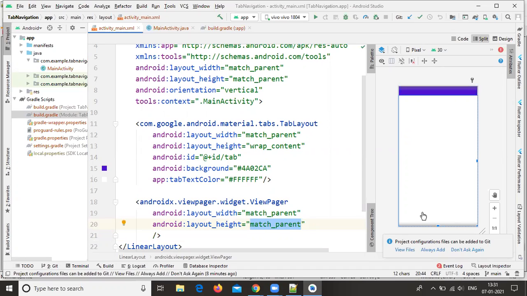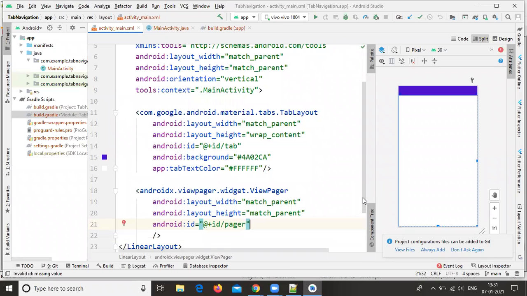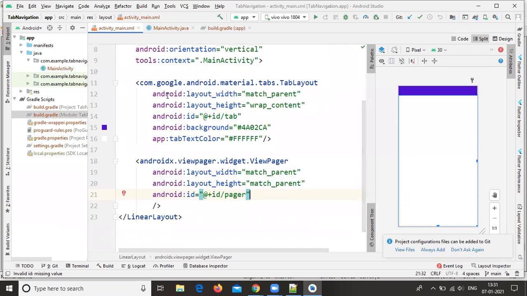Now give the id property, android:id. Here I am writing the id name as pager. These id names are user defined and should be unique. So now my designing part is completed. This is the designing part.